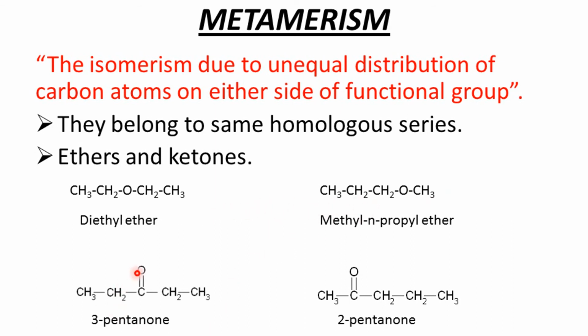The same can be seen in the ketones. Now you will have here the carbonyl group of the ketone, and a 2 carbon atom chain, that is an ethyl chain, on both sides. Now here we have 1 methyl chain and 1 propyl chain on the other side. So the molecular formula of both the compounds will be the same, but their structural formula is different. So they are structural isomers, or you can say they are metamers of each other.